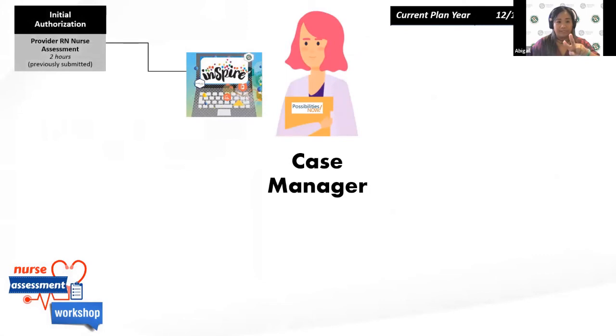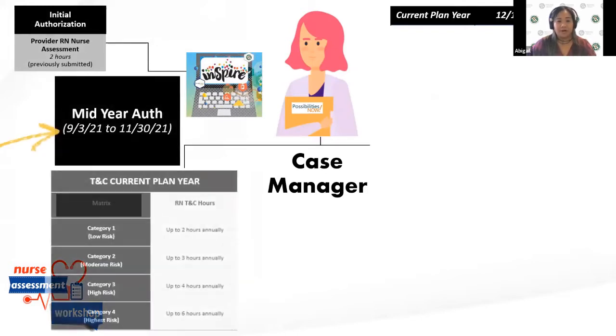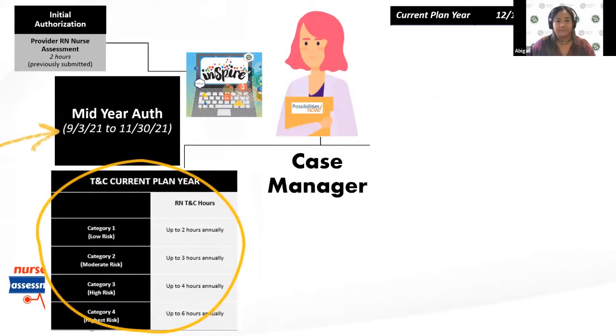auth for 2 hours. After the nurse assessment packet comes in and we agree with it, we are going to do a mid-year authorization for the additional hours based on the indicated category. Okay, so that's for the current plan year. Now, the reason why we have this current plan year is because there are, give or take, about a month or 2 before the ISP, in which we want to make sure that the nursing tasks are addressed. Okay? Starting with the new plan year,